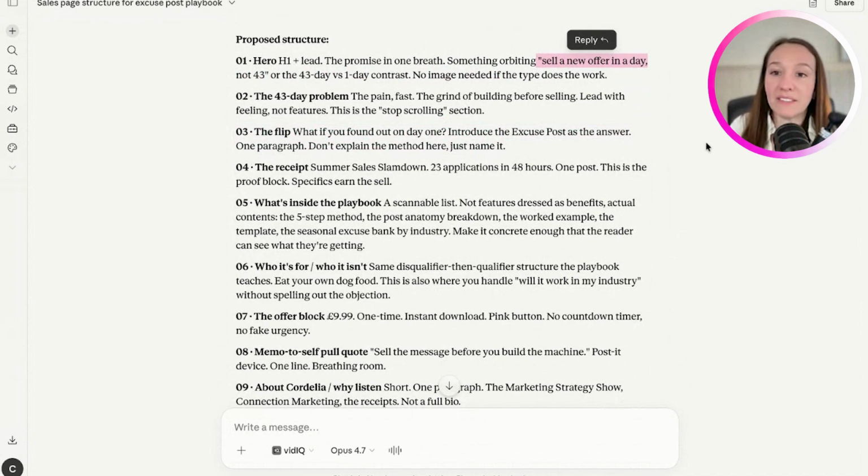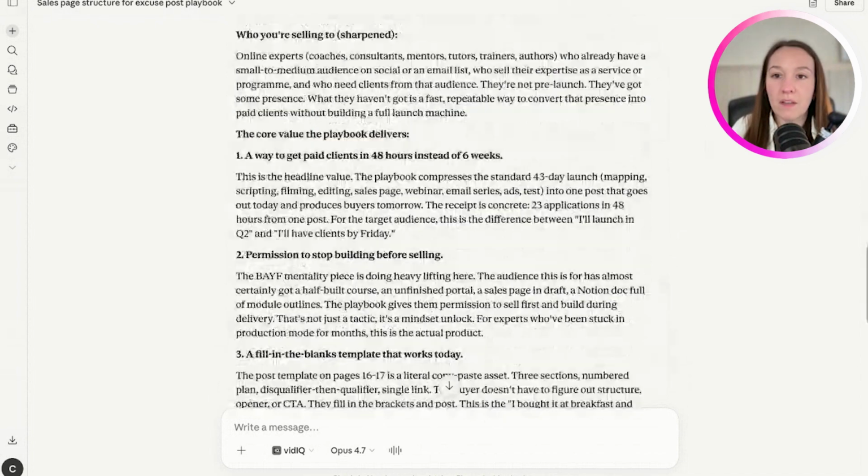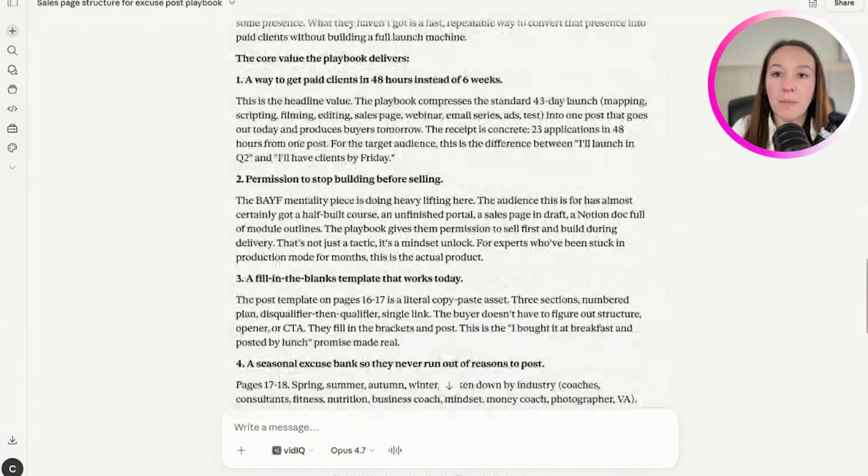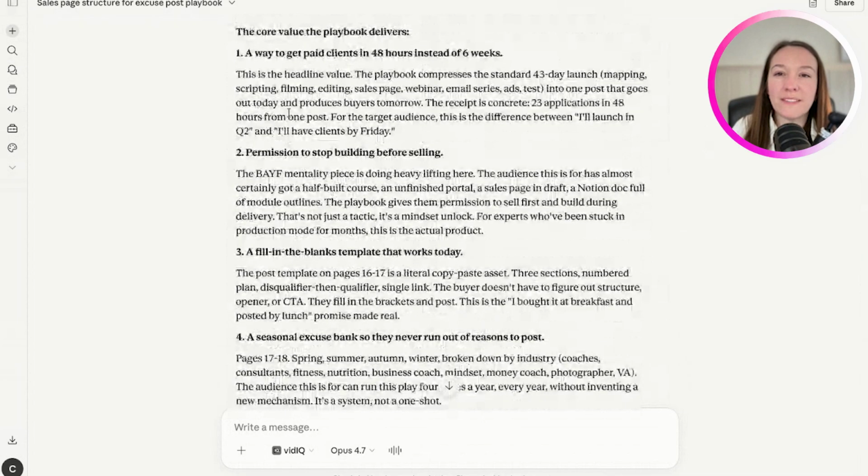So I'll tell it that if it doesn't come up with that in a minute. In fact, let's see what it's come up with. Okay, so who I'm selling to has been sharpened. The core value of the playbook, a way to get paid clients in 48 hours instead of 6 weeks, permission